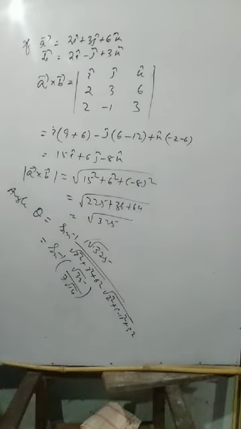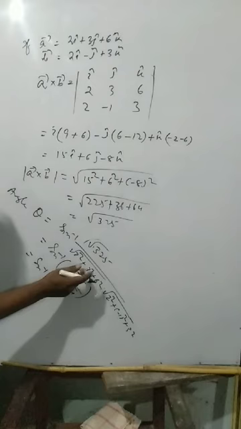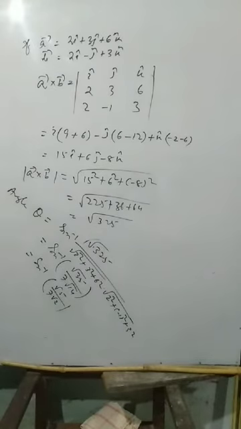Okay, so cancel this. Sin inverse: you cancel by root 7, then we get root 5 by root 2 times 7. Sin inverse of this one, you keep it. In this way you find the angle between the two vectors by application of the cross product. But one thing I am again reminding: to find the angle between two vectors, you apply the dot product, because the dot product is the easier method to find the angle between two vectors.